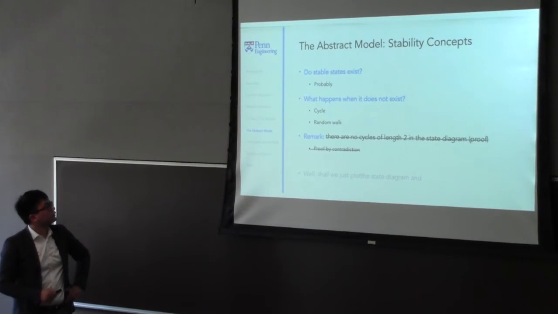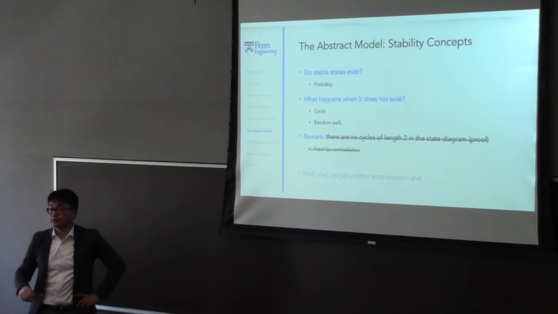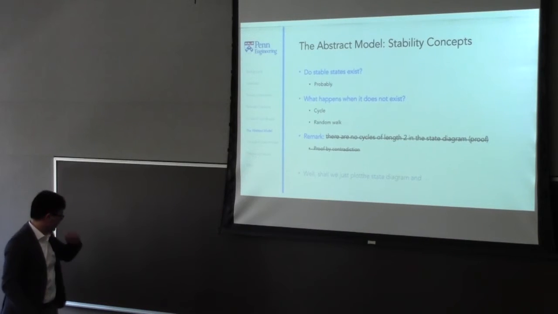There was a remark I struck out. I was saying there are no cycles of length 2 in the state diagram. Actually, there can be. If you have, I think,